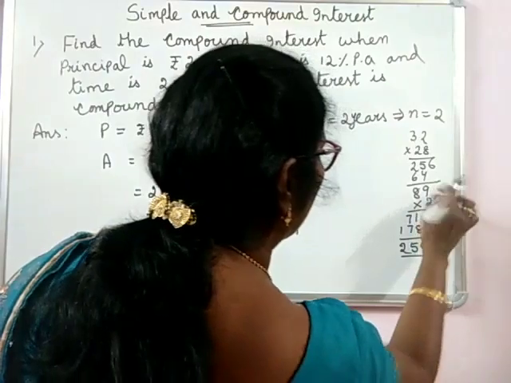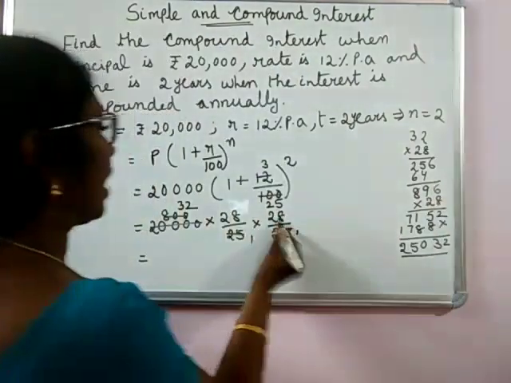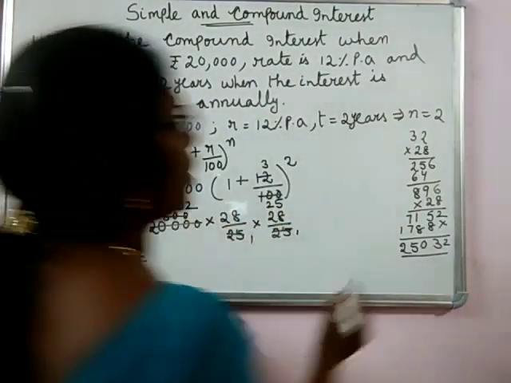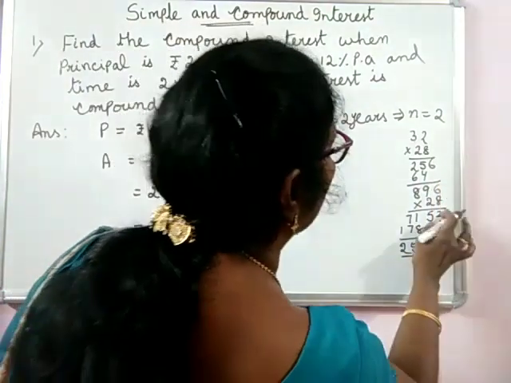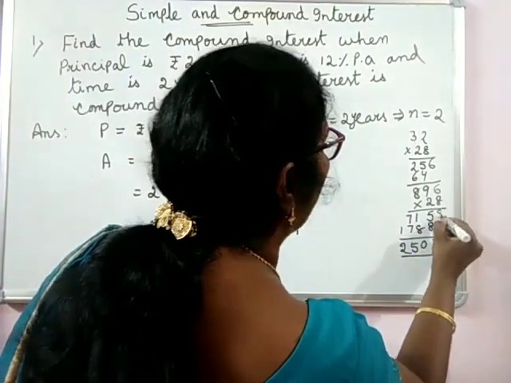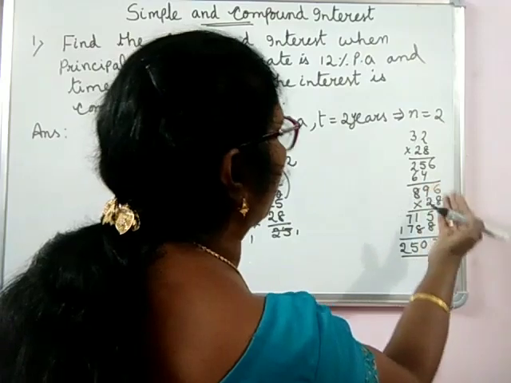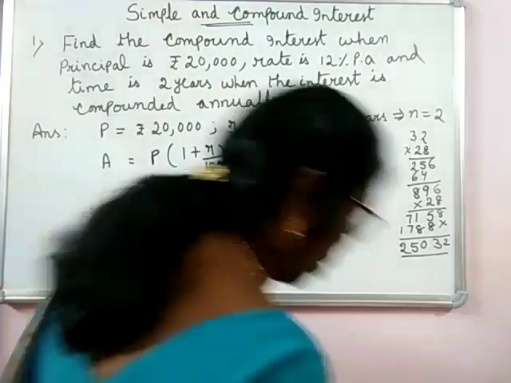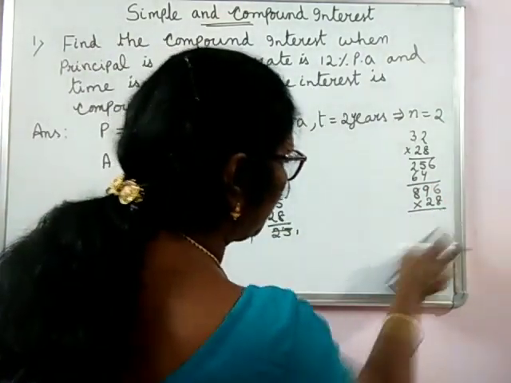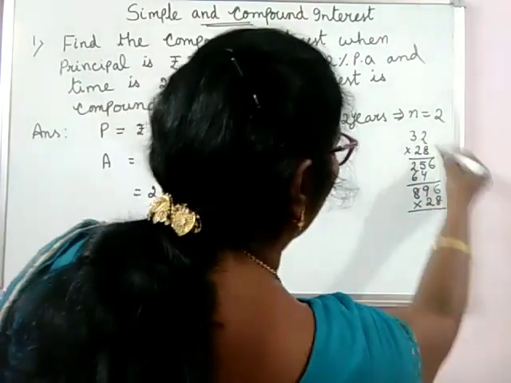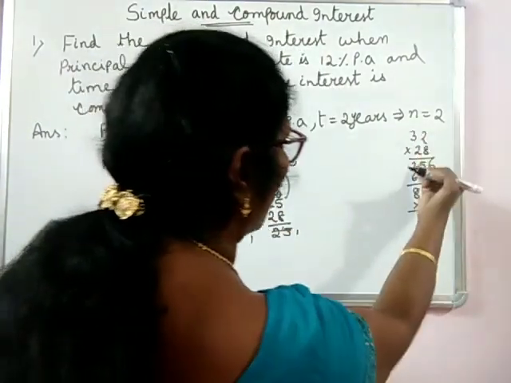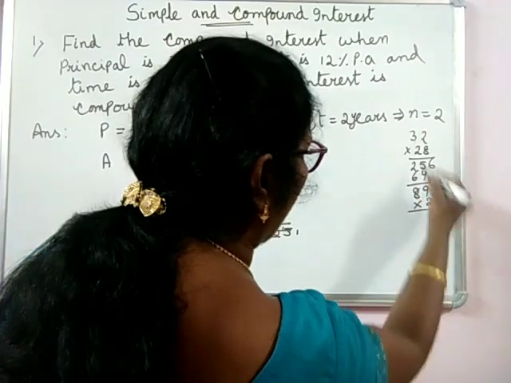Oh, here 6. So that is what I am saying. 8 8 is 64, here should be 8. Sorry, here 6. 8 6 are 48, 4 carrying. 8 9 is 72, 4. Extremely sorry, children. 8 2 is 16, 1 carrying, 8 is 24, 1 25, 2 2 is 4, 6, 9, 8.